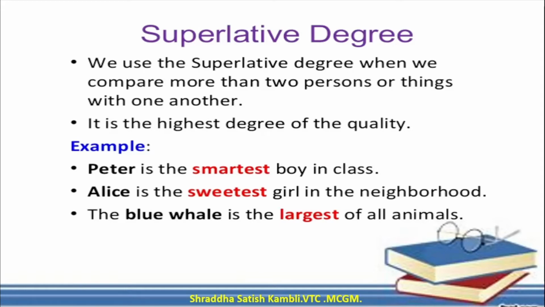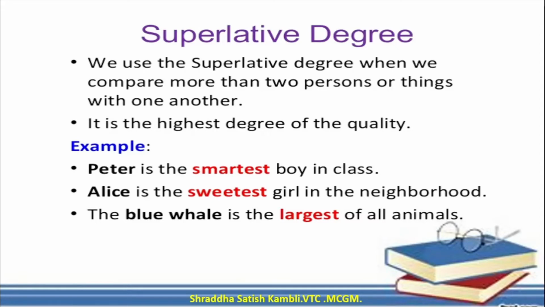Suppose you're going out to buy a dress and the shopkeeper shows you two dresses. So you have to decide out of the two, isn't it? So you will say, no, the pink dress is better than the yellow one. But suppose he shows you 5 dresses. One pink one, one yellow one, one green one, one black one, and one red one. And you like the black one the most. So what do you say? You will say, the black dress is the best.